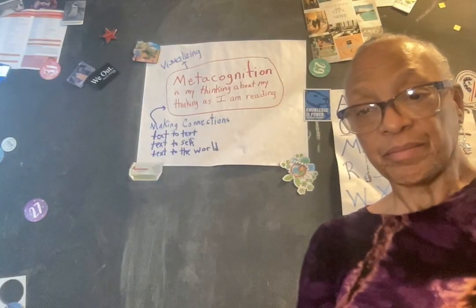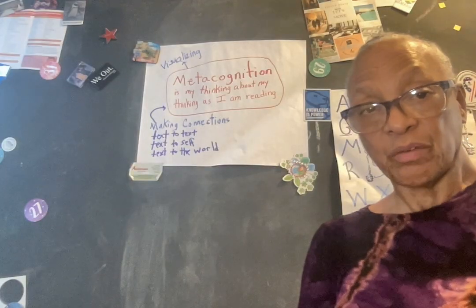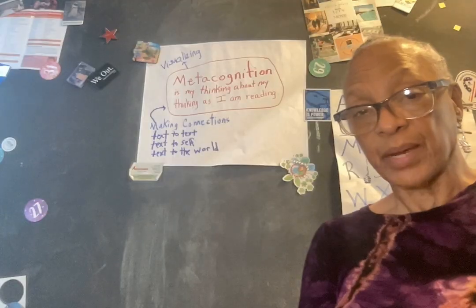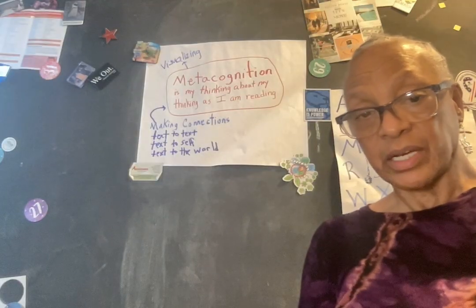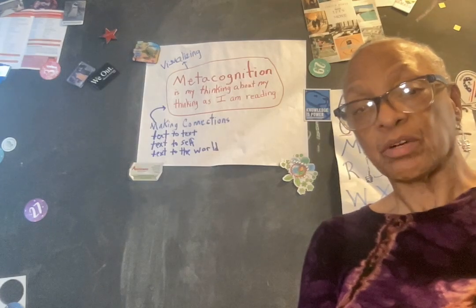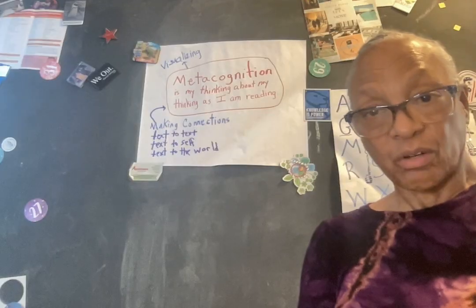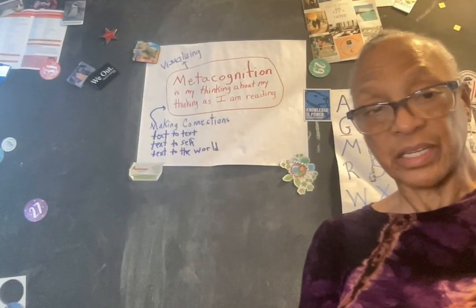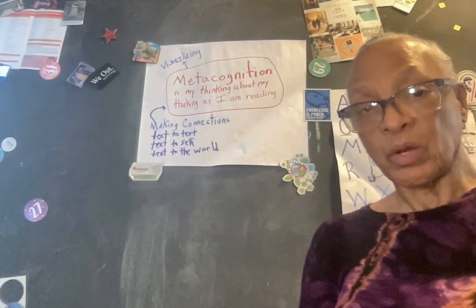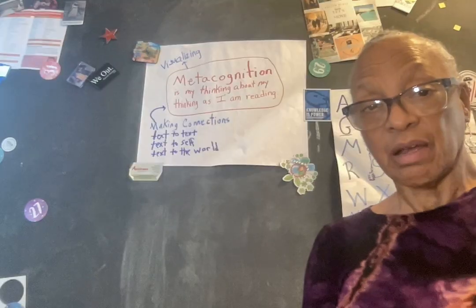So those are things we want to teach students to do while they are reading and thinking about what's happening in the story, to make connections. Is there anything about this character or this book that reminds you of yourself? Something that's happening in the world, or something that you read in another text. We want to keep those connections. We want to make sure those connections are something that the students are aware of as they are reading.